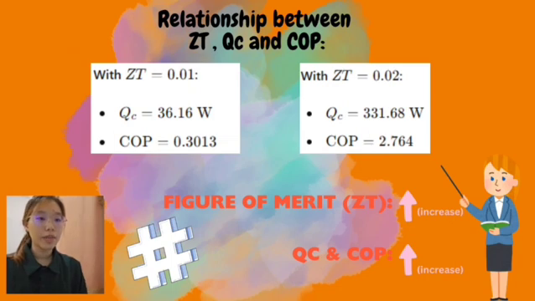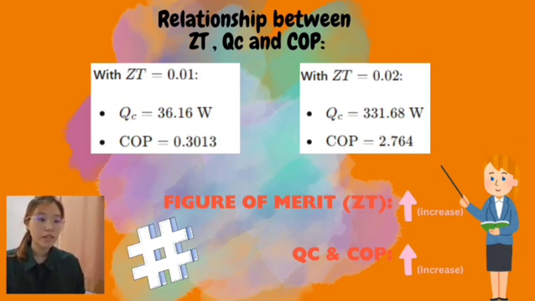The higher ZT value means better material properties, such as a higher Seebeck coefficient, better electrical conductivity, and lower thermal conductivity, which collectively enhance the performance of the thermoelectric device. In summary of the performance calculation of the system, advancing the ZT of thermoelectric material is important for making this system more viable and efficient. With ongoing research and technological improvement, we can expect three points, which is the first one